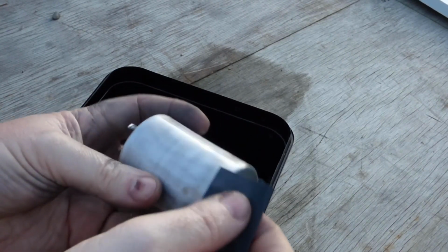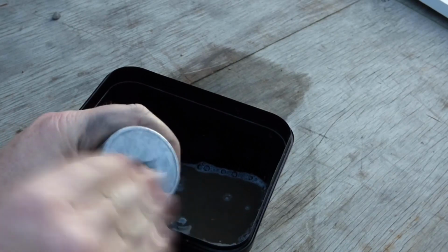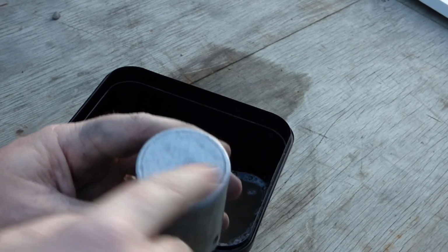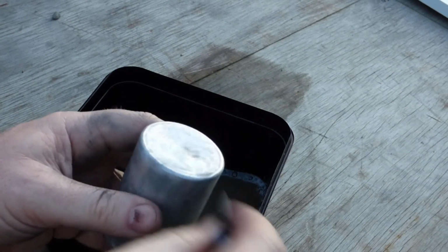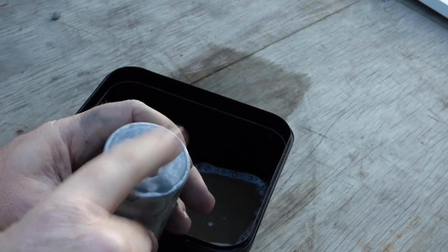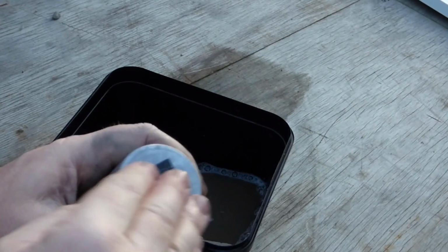Alright, once you've got the sides all nice, the top is probably going to be the worst bit, and you can still see, even though I've had a wee bit of a go at this, there's the remnants of stuff on here. So you need to be reasonably careful. This aluminium is really thin,